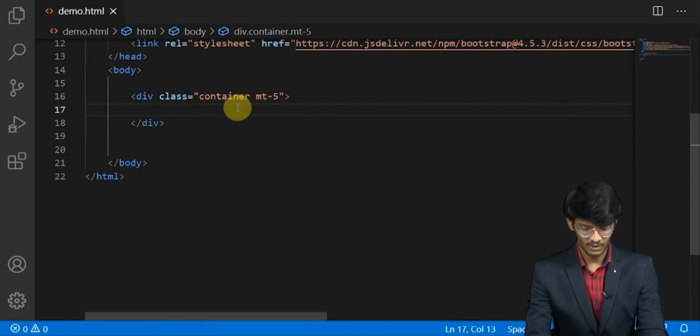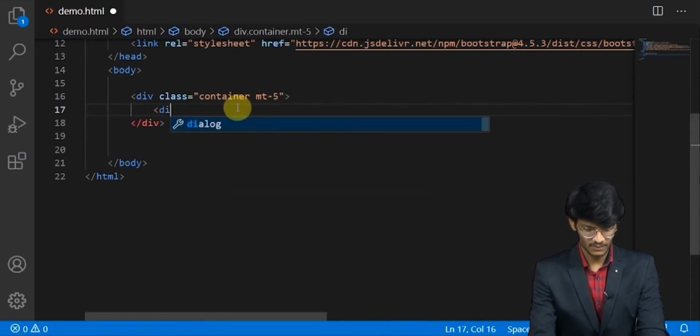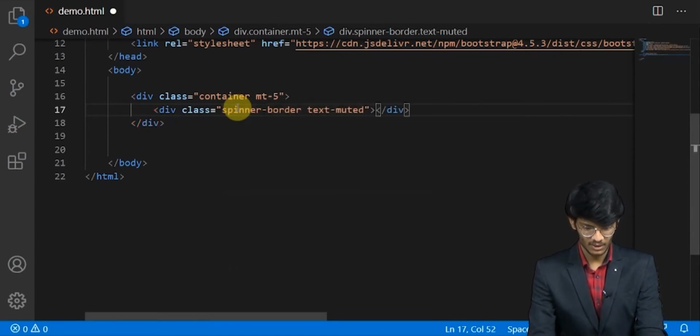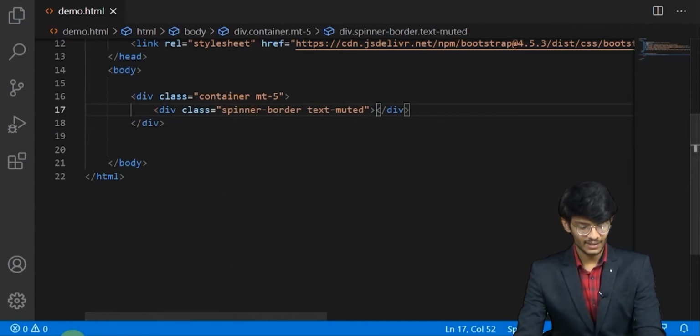And in that particular container I am going to write spinner border text muted. So what is this? Well, let's see it in the browser.